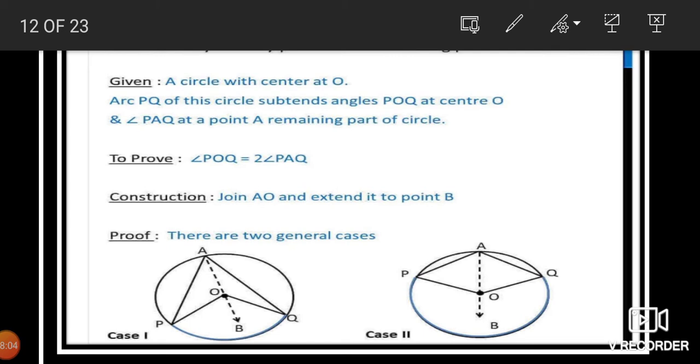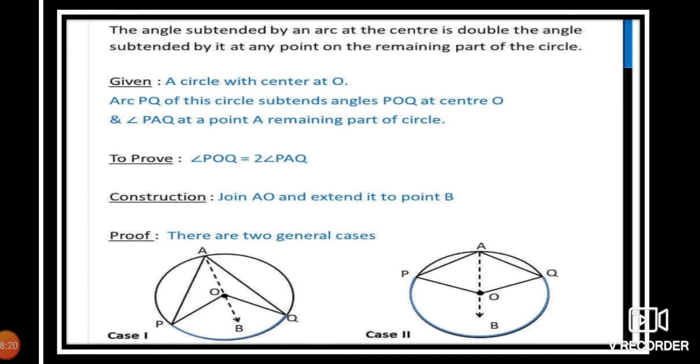So constructions: join AO and extend it to point B. Whatever the dotted line is there, that is the construction line. Extend it at the point B only. Proof: there are two general cases they have given already. Okay, next,